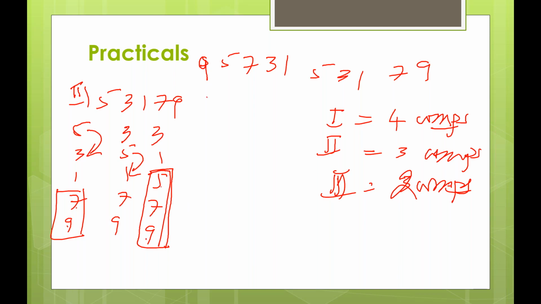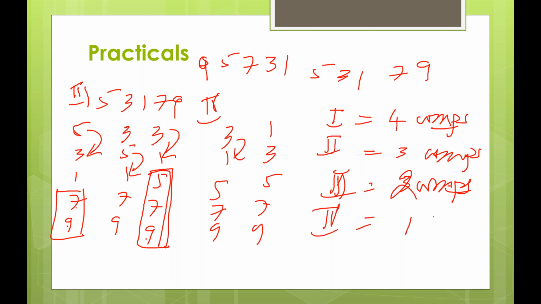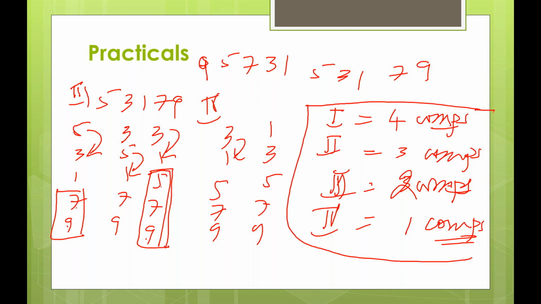Okay, now for the fourth iteration, what do we have? How many comparisons? Only one. So 3, 1, 5, 7, 9 are there. Now I will compare these two things: 1, 3, 5, 7, and 9. So for the fourth iteration, how many comparisons do I have? Only one comparison. So can I put this in an equation? So whatever we have discussed,